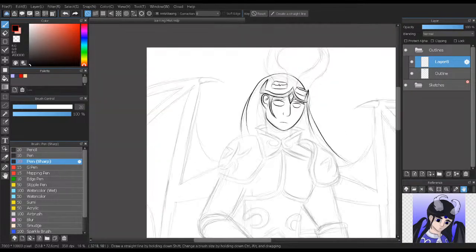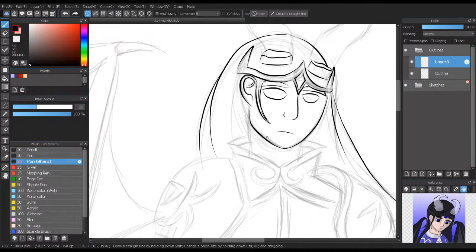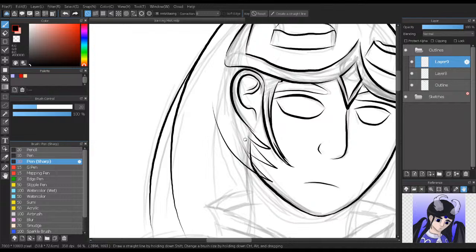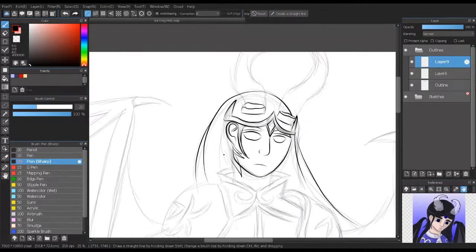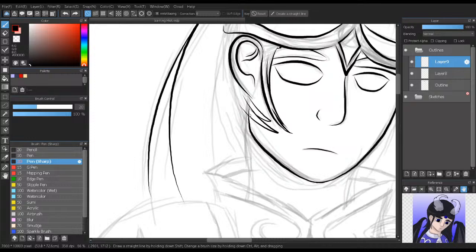There we go. And then maybe I'll have more, just kind of experimental, might have more hair over here. I'm not good at drawing hair. But otherwise, it kind of looks weird. See if we have like...